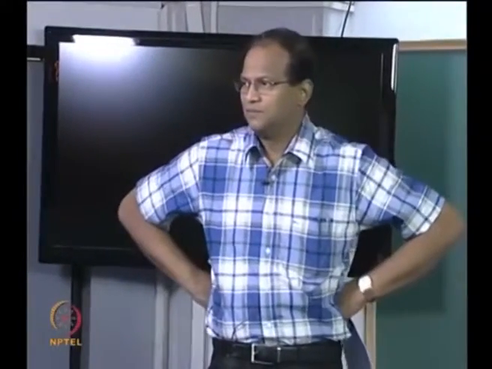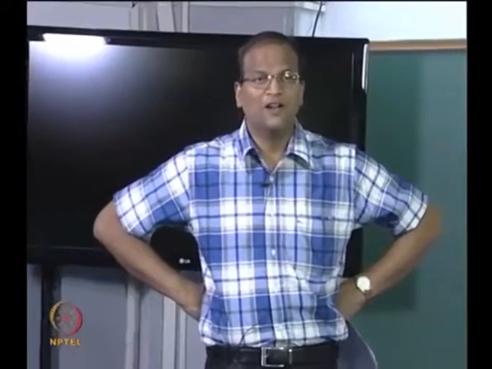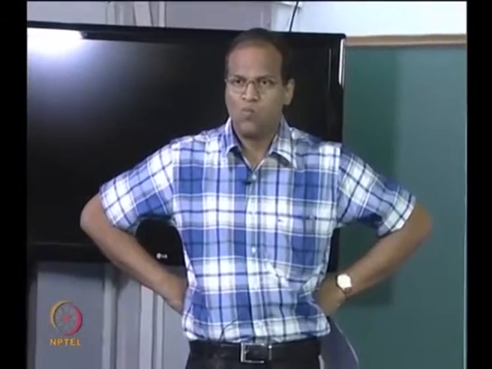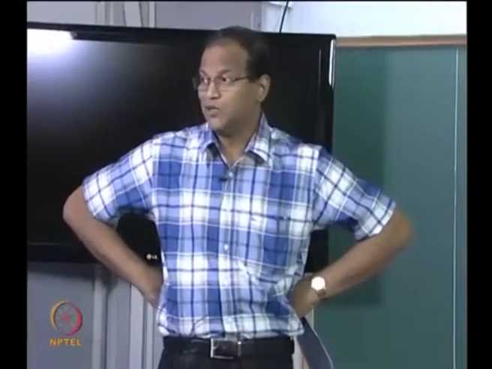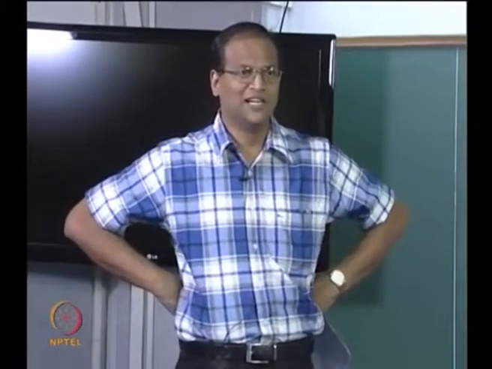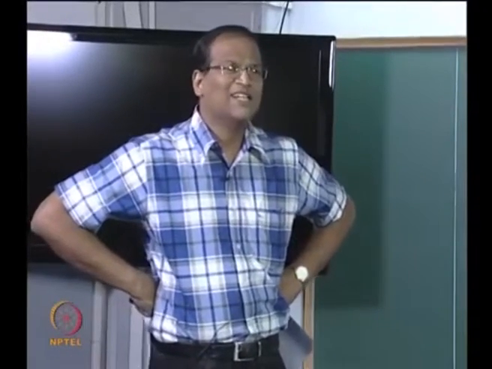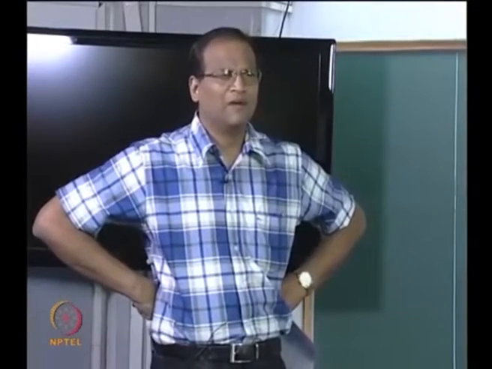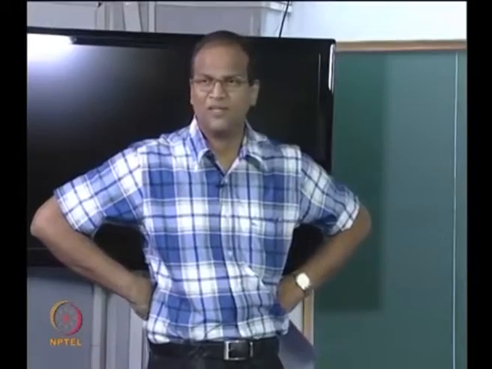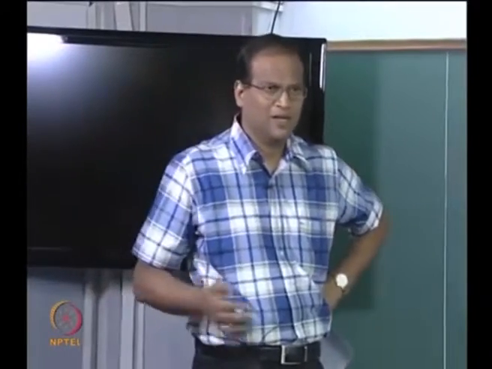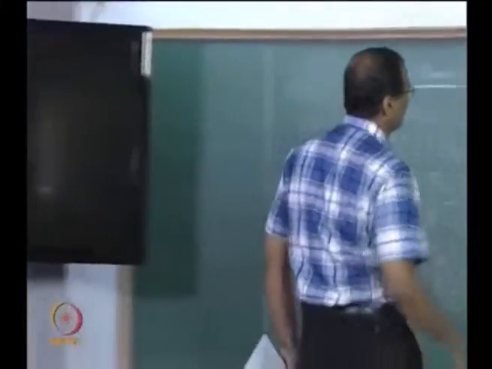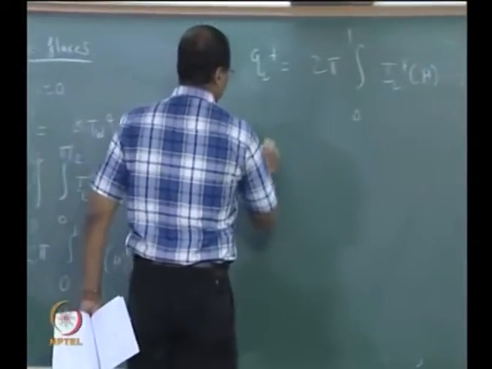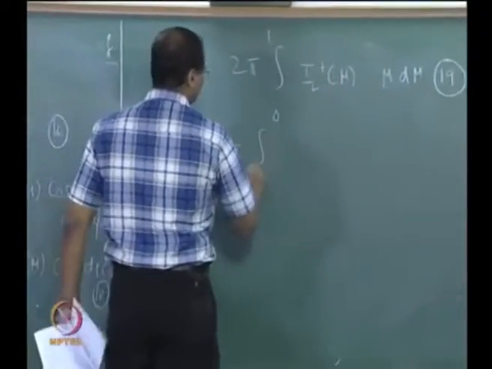Now we have to substitute for IL of mu and try to accomplish the integration. As engineers, ultimately we are interested in the flux, so many watts per meter square. Why are we worried about watts per meter square, per micrometer, per steradian and all that? So we have to get this. QL plus equals 2 pi